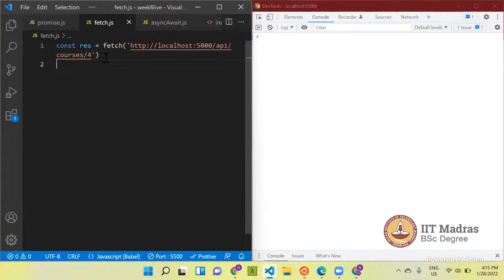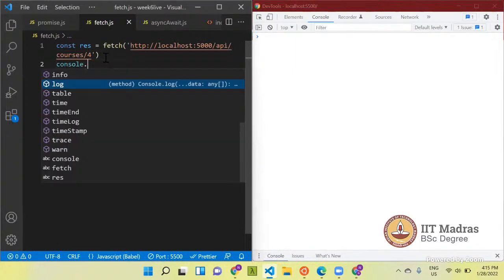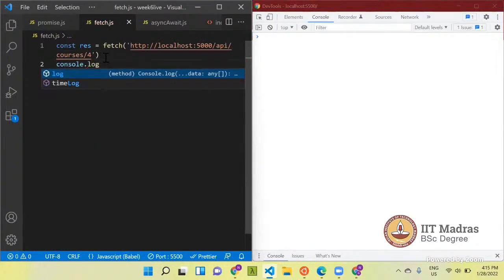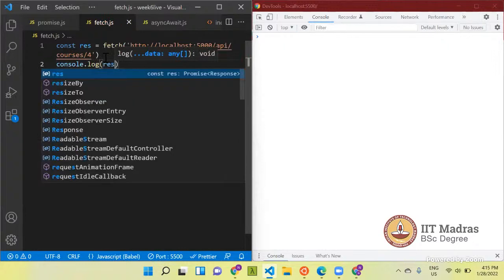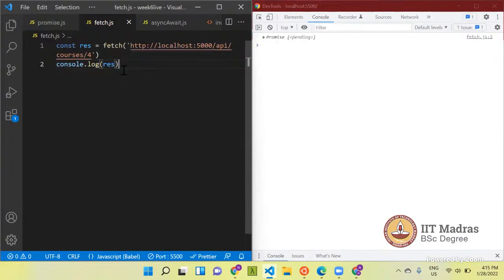And now let's log this, and try to understand what it is. So now you see, are you guys able to see the screen clearly? Yes, sir. Okay. So you can see the fetch call returns a promise.